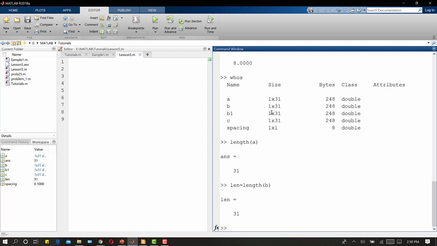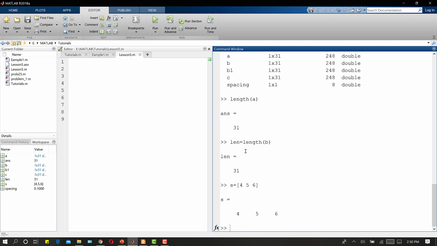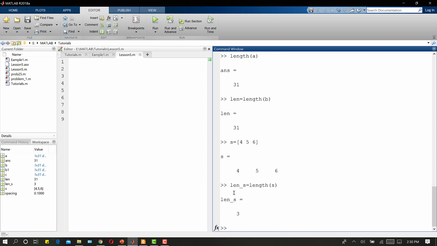Let's suppose I enter a vector S and I write 4 space 5 space 6. We have 3 elements in this. Now if I want to check the length of S, I can write length of S, and it tells us that the number of elements in the S vector is 3.